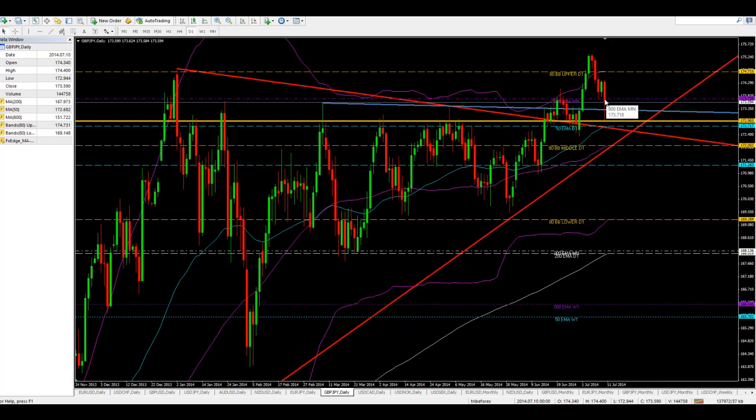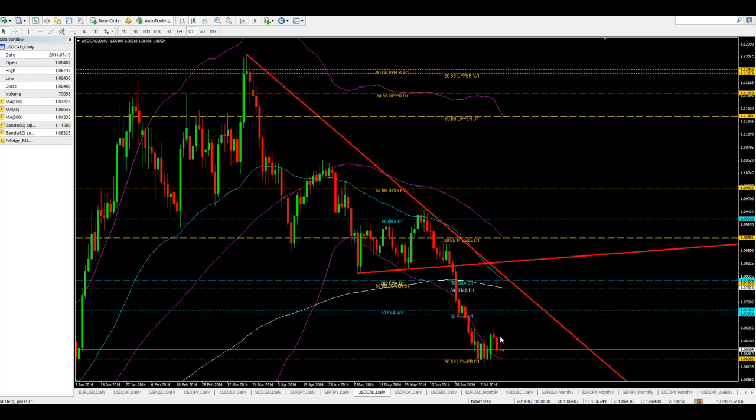Pound yen, I'm also going to be looking for a sell on the pound yen. I'm looking for a sell off of 173.71. I'm going to look for support at 173.29 and also at 172.90. All right, so I'm going to look for price to get down to 173.29 from current levels at 173.59. I'm going to look for it to bounce off of 173.71. If it is to make any advancement here, it's going to advance up to that level and then come down from that area. So 173.71 for a sell on the pound yen.